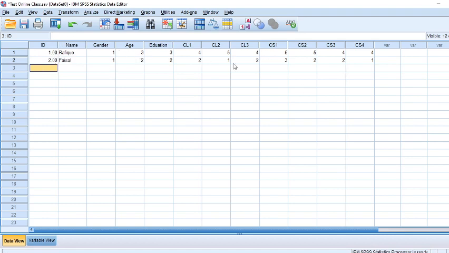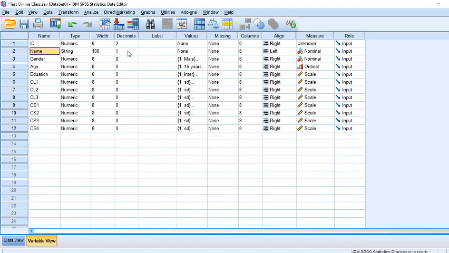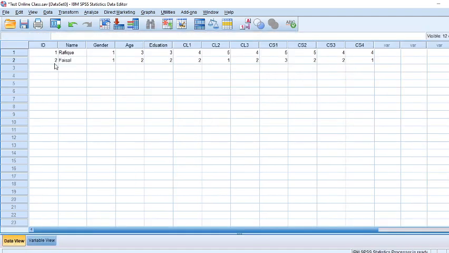Look here, decimals are not coming from 0.00, so it makes you a bit confused, so I removed it. Now it is clear: 1, 2, then you will get 3, 4. Then you will be entering your questionnaires like this.